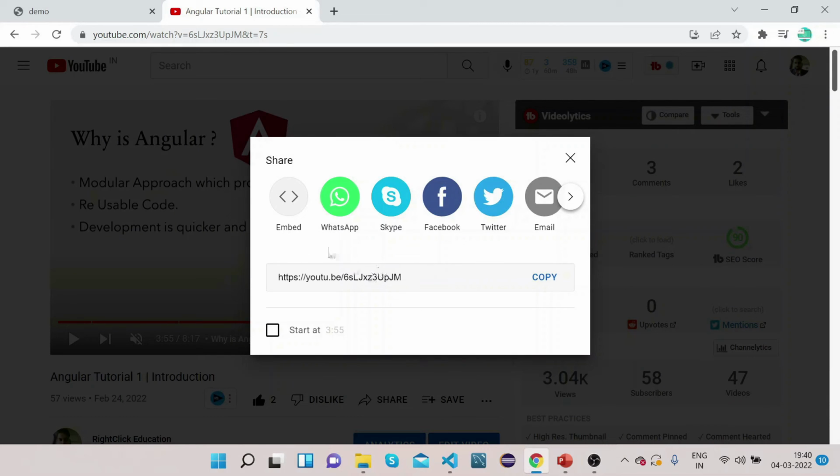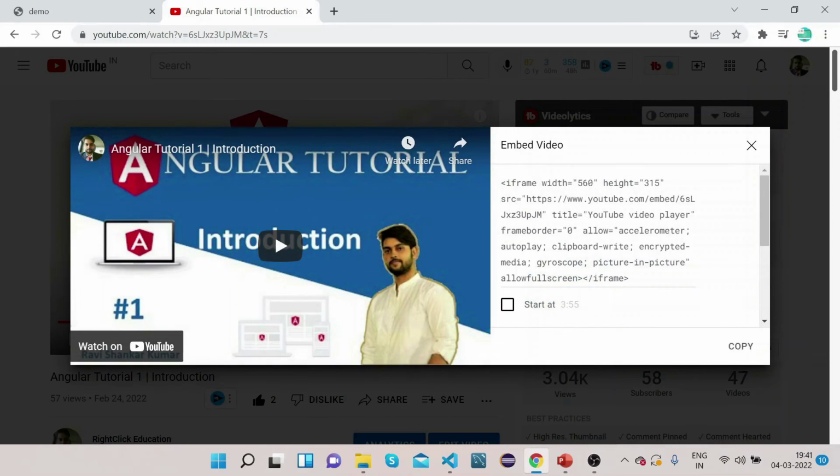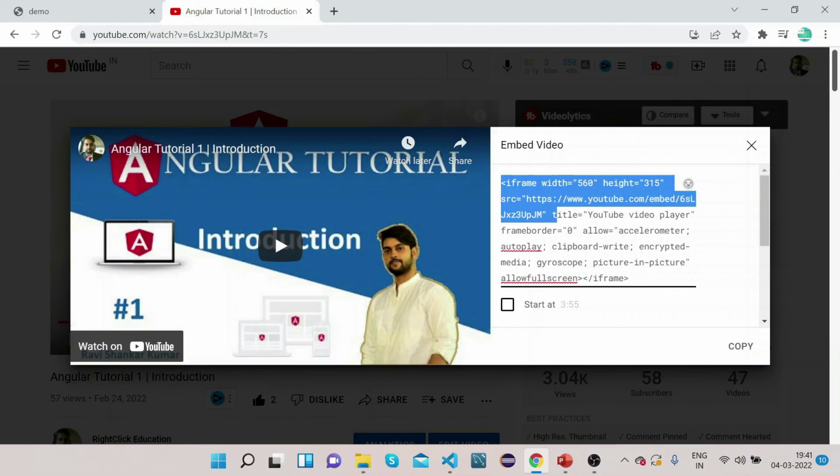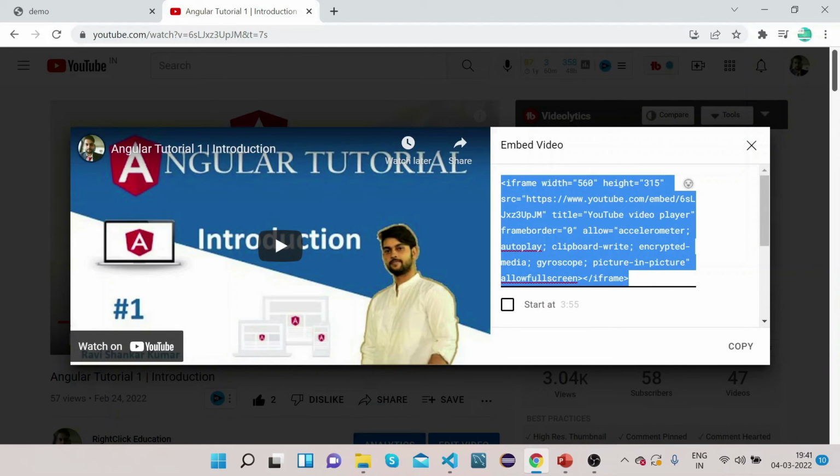Here on the share, you can see we have this embed option, right? In the previous versions of YouTube, this embed used to be here, embed and copy, but now it is a little bit different. So you can click on this embed and you will get this link. This is the iframe link. Don't bother about what an iframe is, I have made a separate video on the iframe that is coming next. So don't worry, just copy it,